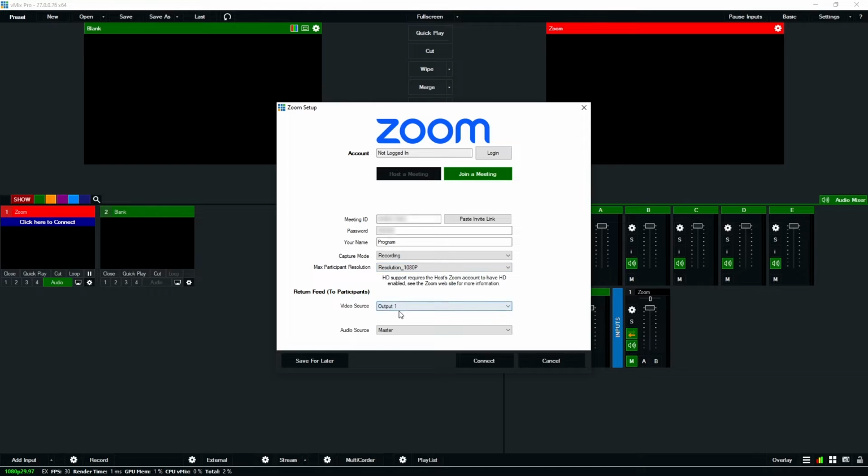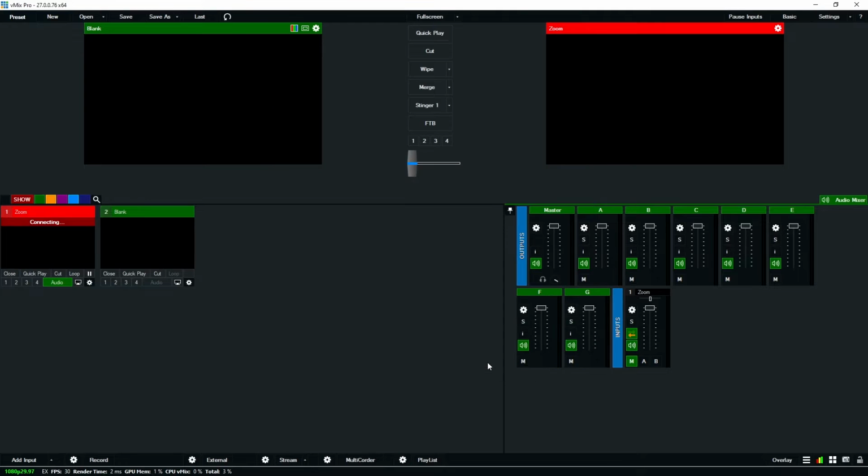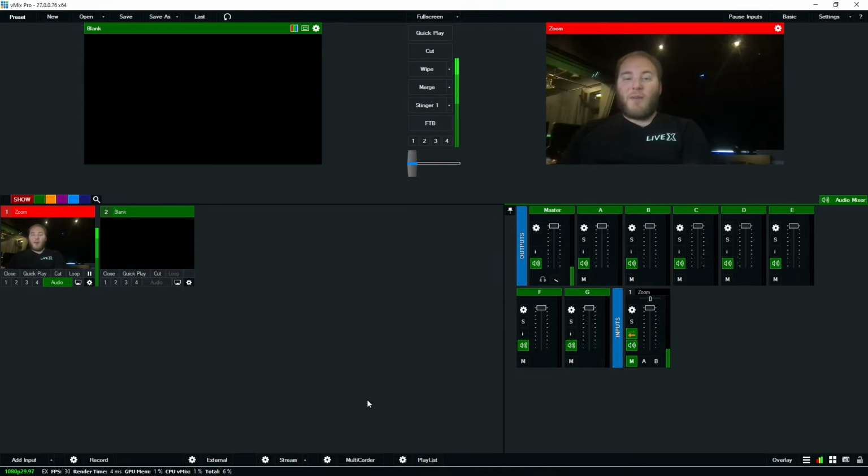And then right here, I can choose what video source and audio source I use. So I'm just going to do this as a very basic example. So I'm just going to do output 1 and master as a program. And then I'm going to connect. So once we're done with connecting, it joins, but now I have to actually allow the recording first. So then in the Zoom, I'm going to just allow recording and allow this to go. So then momentarily, you'll see me pop up here and look, I'm in Zoom, you're getting my audio, and all